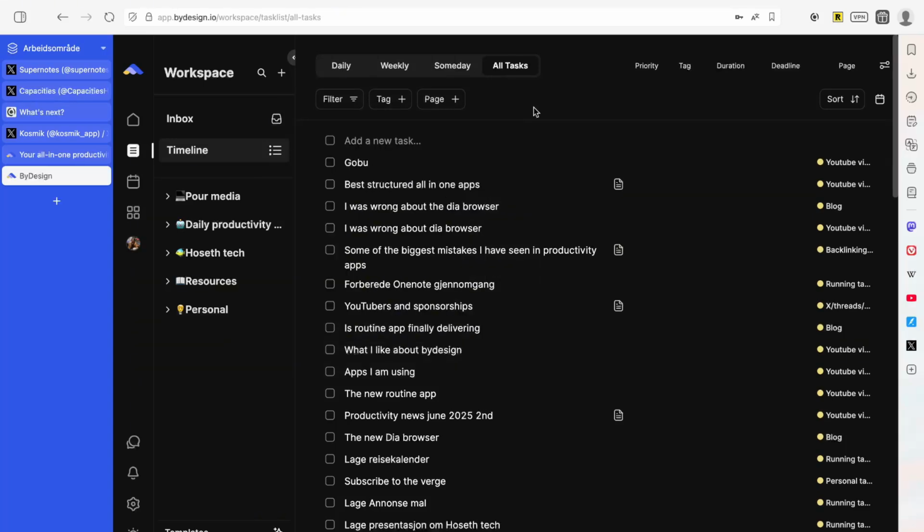I really like this new all tasks view. This has been the thing that people have been waiting for the longest, and has been like the most, I wouldn't say necessarily interesting, but the thing that people have wanted the most. And I like how they have done this. It is a simple